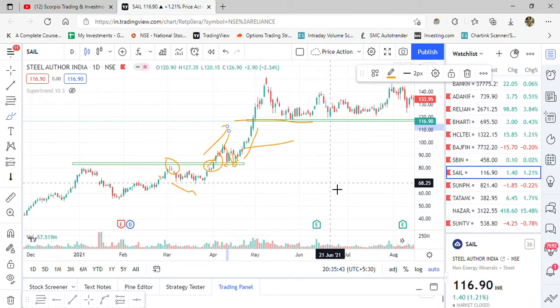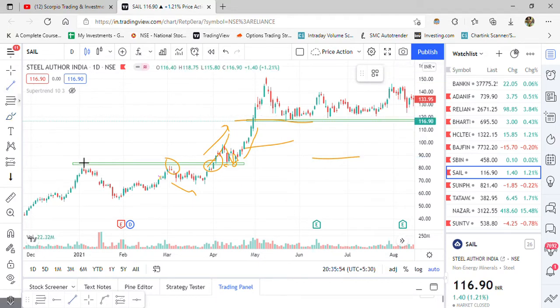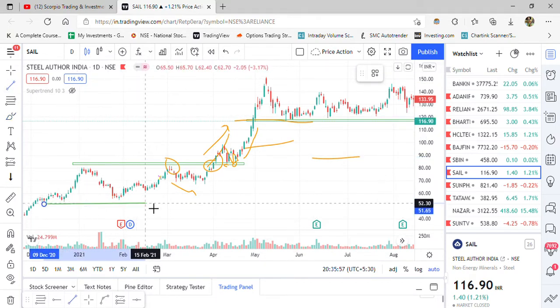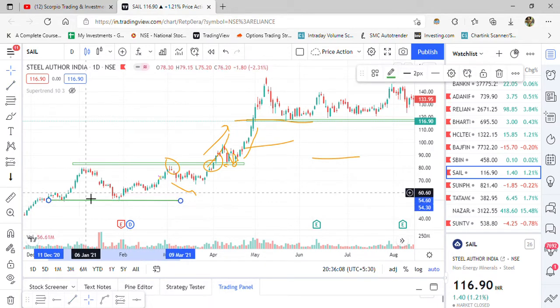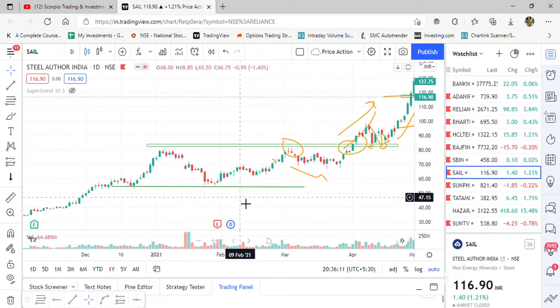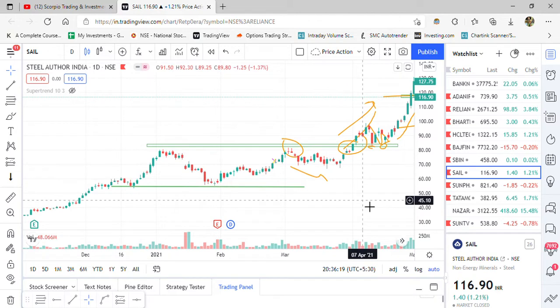And you must remember, support and resistance are zones or areas and not a single line. Because if you try to mark a single line, then it may not touch both the candles like this, and then you'll think that it is not a support line. But if you mark with an area like this, if you see, either it is crossing or it is touching here. So it is better to mark it with a square box, so that it's an area which is giving you a general idea about the support line.